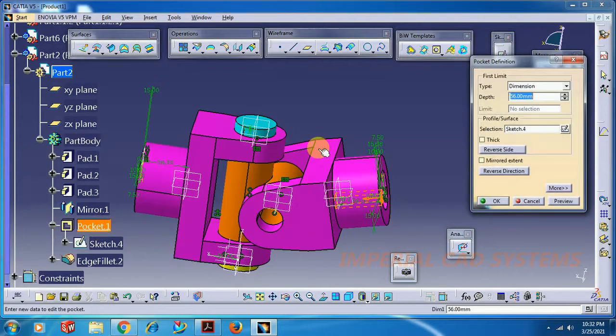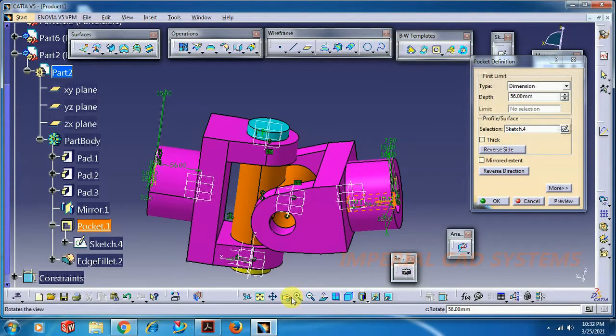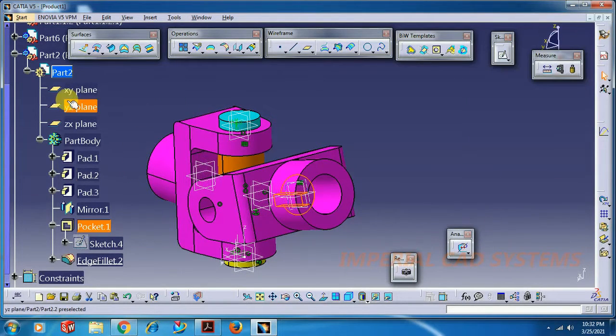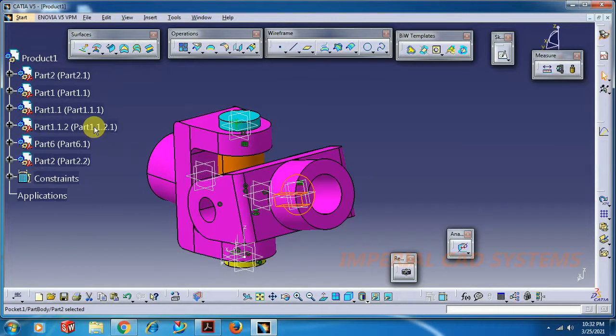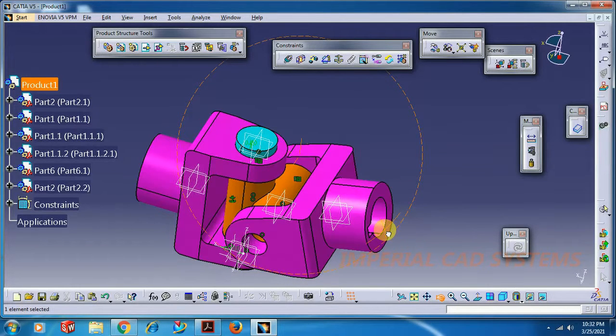If you want to edit pocket, then you just double click, then that window appears. Here the parameter is showing, you can change and go for OK. Then you need to again get back into assembly, double click on product. Like this, in assembly itself we can modify.